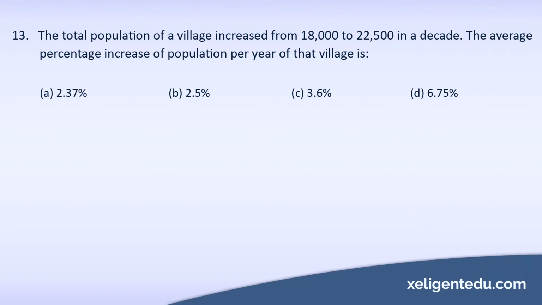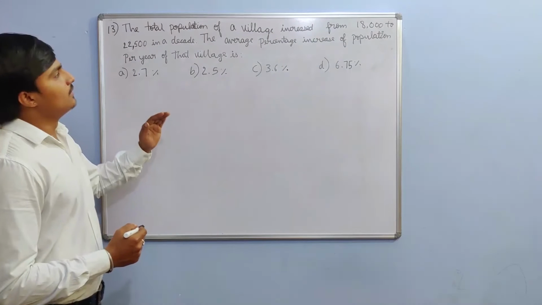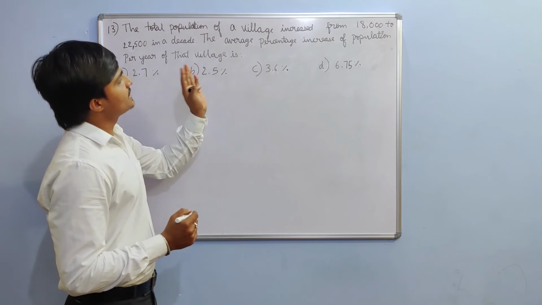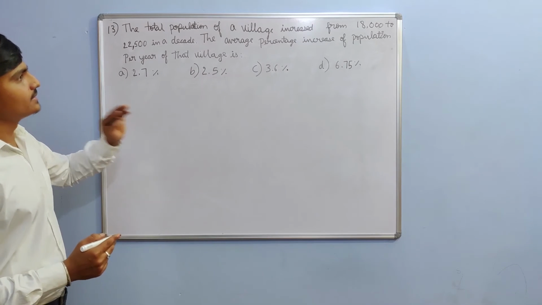The total population of a village increased from 18,000 to 22,500 in a decade. The average percentage increase of a population per year of that village is option A 2.37%, option B 2.5%, option C 3.6%, and option D 6.75%. From the given, the population increase in 10 years is